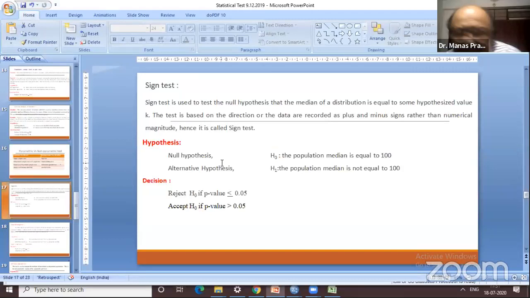The first one is the sign test. Sign means a plus or a minus; it actually calculates the number of signs. The sign test is used to test the null hypothesis that the median